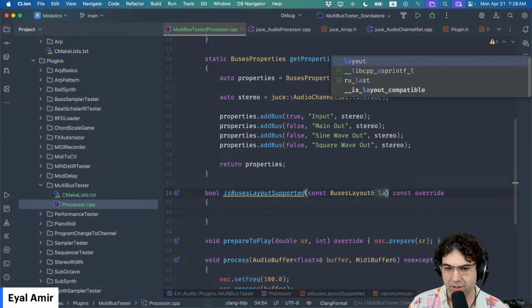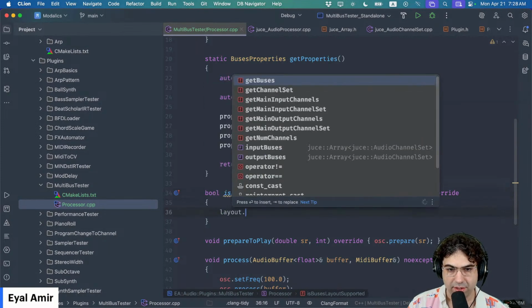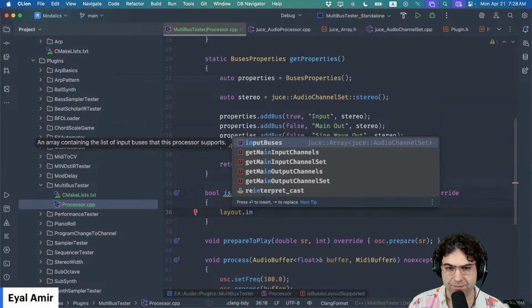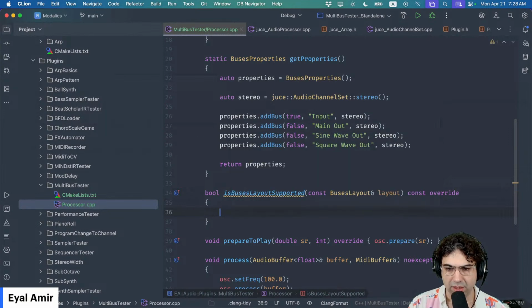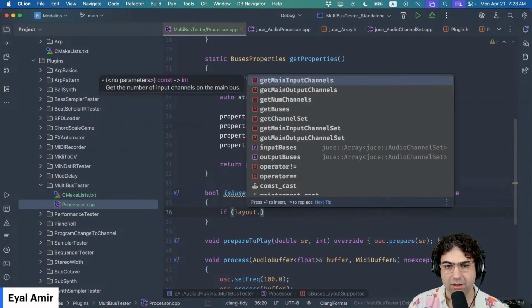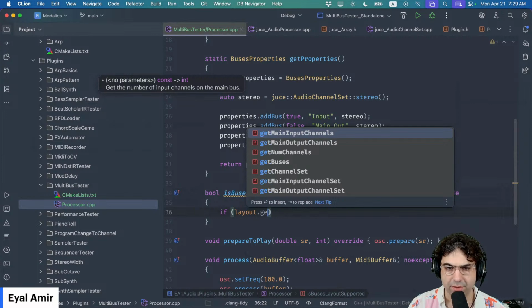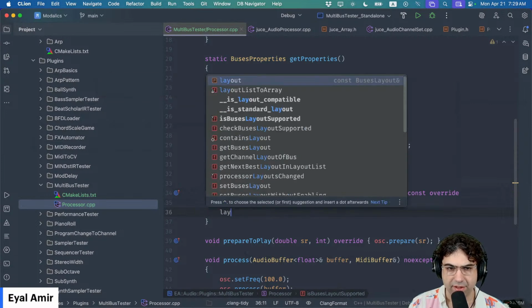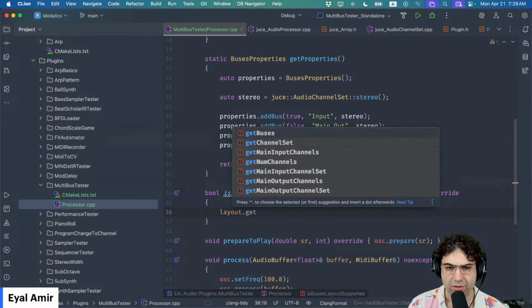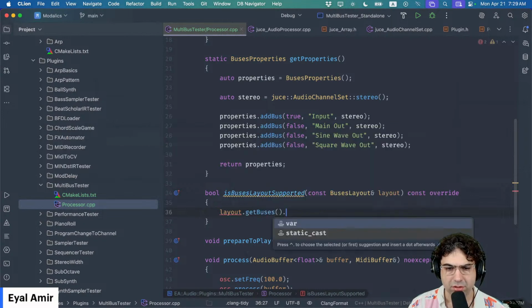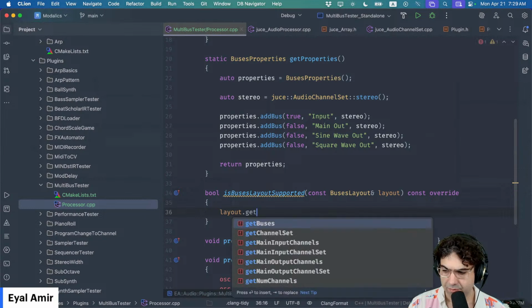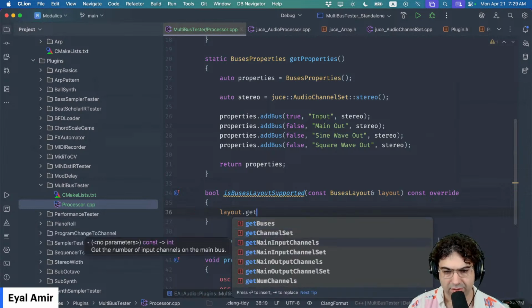So what I'm going to do is, layout. Yeah, so let's do if layout get, yeah, so let's do something like that. Layout get channel, what's this called? Get